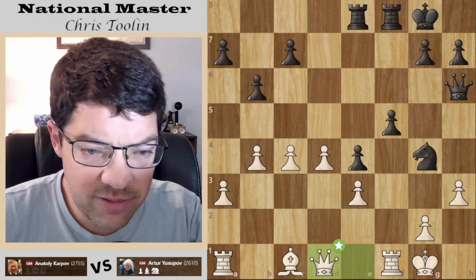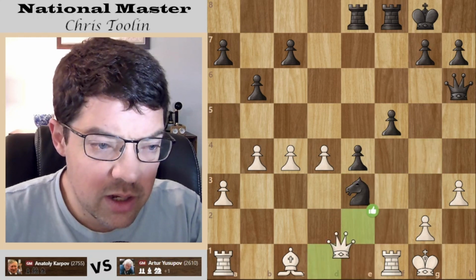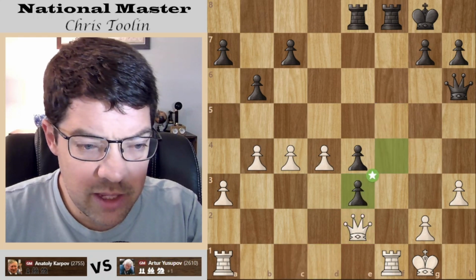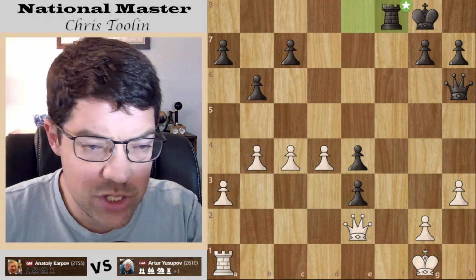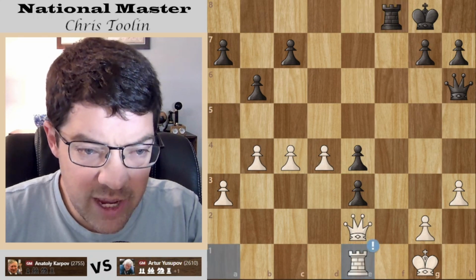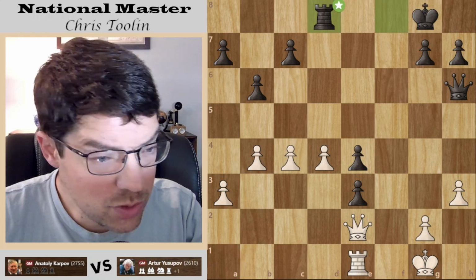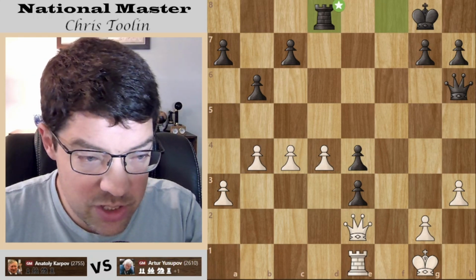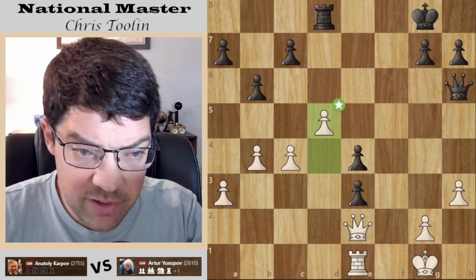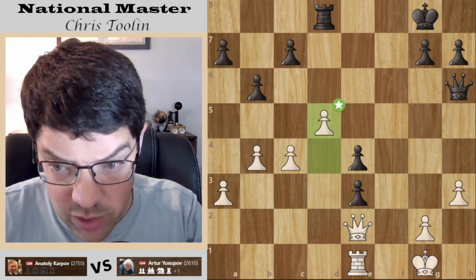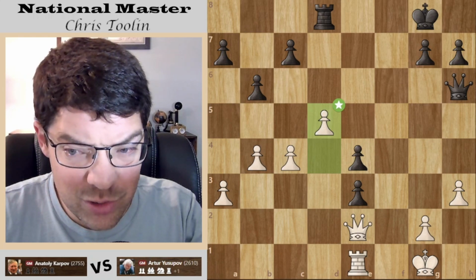Knight takes, and you can feel the attack drying up. Another exchange of pieces here, and the danger has really passed. Another exchange. All of a sudden, Karpov has completely leveled the game. And here, it's actually black who is teetering just a bit. d5, a great practical move. And here, black needs to find one move in order to keep the balance.